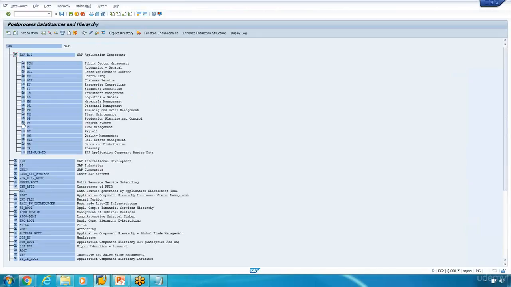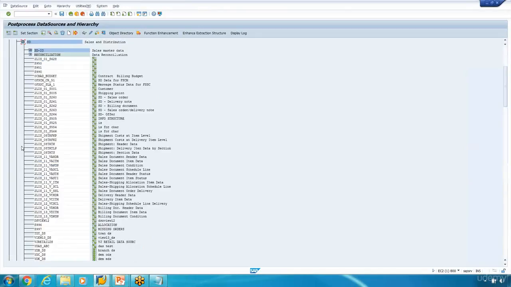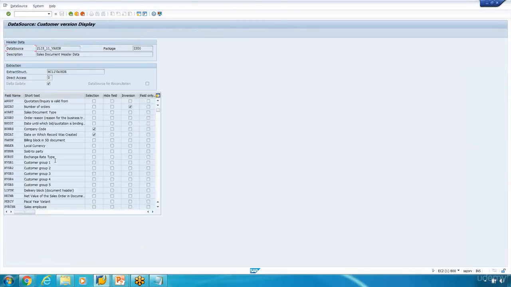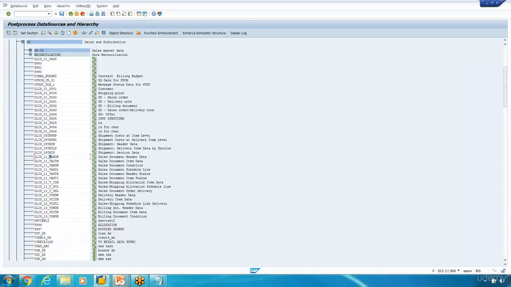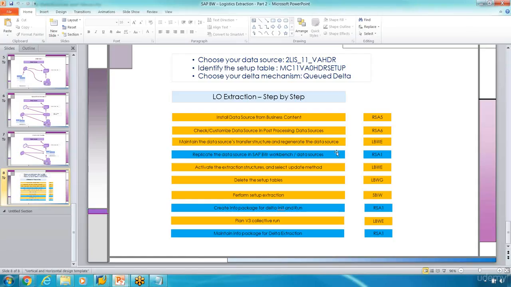Again I go to the SAP R3, okay, there's a distribution, right? So we have the data source here activated, okay. If it is not activated, it will not be available here. So the data source is activated here, right? Okay. Now we confirm the data is activated, and the next step would be you go to the